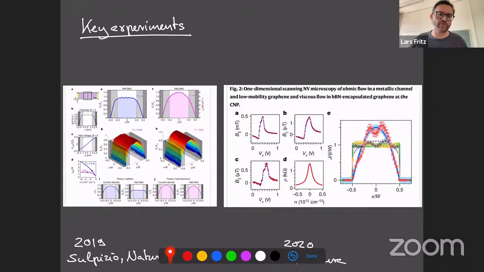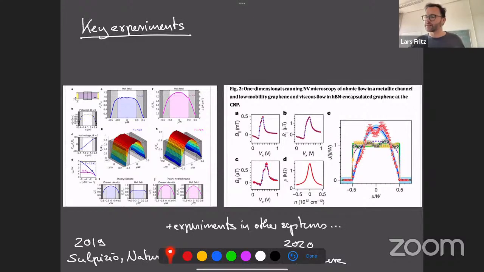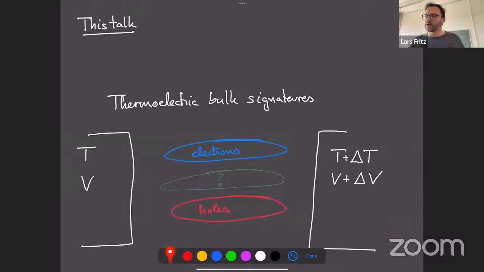However, this is not what I'm going to talk about. I'm going to talk about something else, which is bulk signatures. At this point, I'm at the end of my introduction. If there are questions now, I think this is a great moment to ask. If there are no questions now,